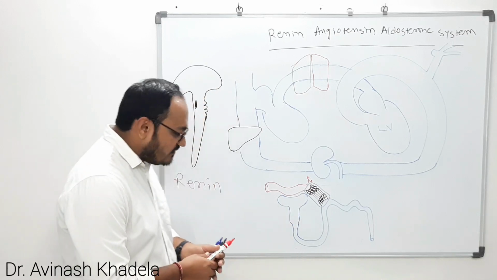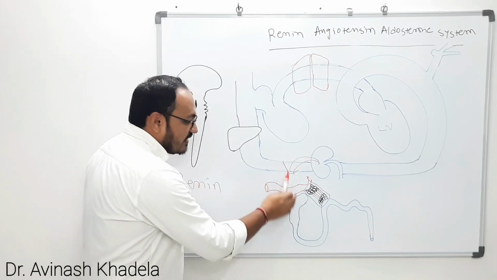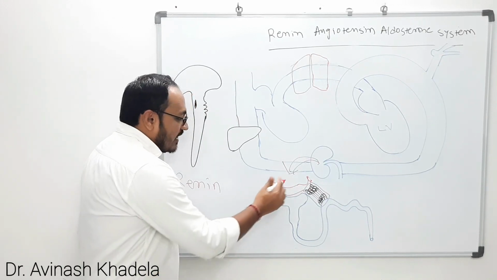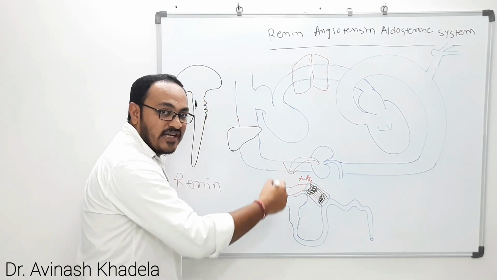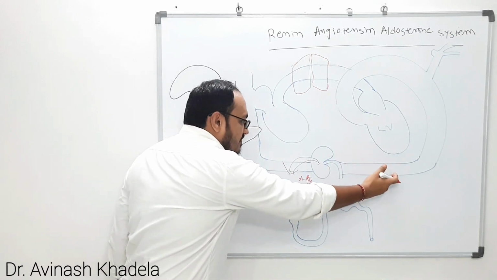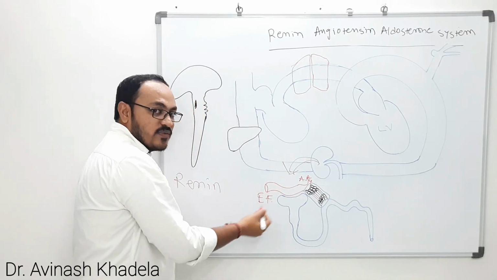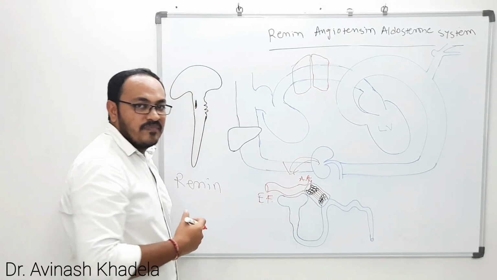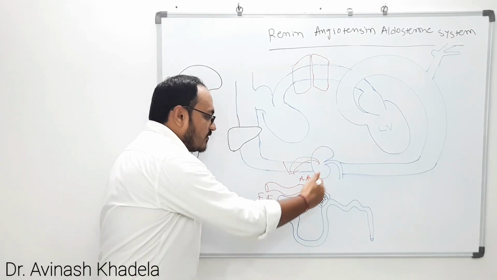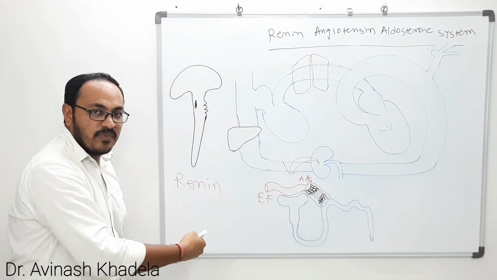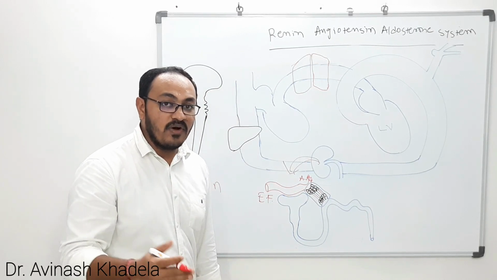using one nephron. I have taken one nephron out of the kidney, and I'll explain how renin secretion occurs. Now this is a nephron. This is the afferent arteriole. The afferent arteriole takes the blood from the systemic circulation to the kidney, and this is the efferent arteriole. The efferent arteriole pulls the blood from the nephron. So when the afferent arteriole is forwarding the blood to the nephron and the efferent arteriole is taking the blood from the nephron, if there is a decrease in the blood pressure,